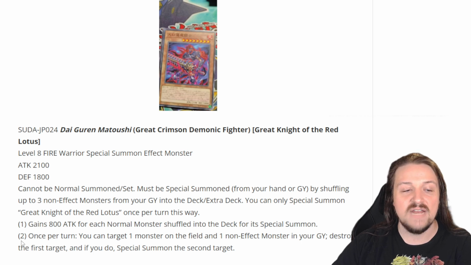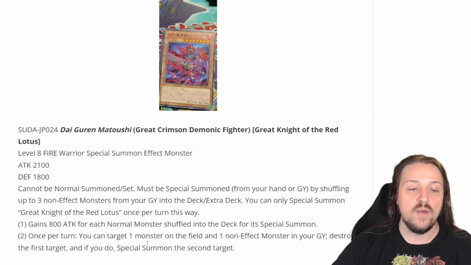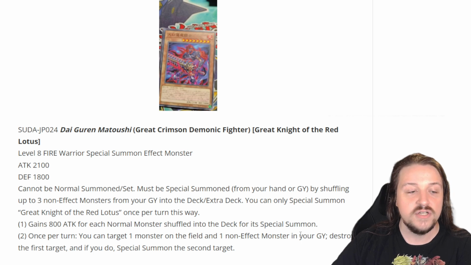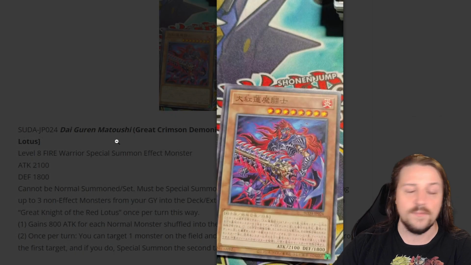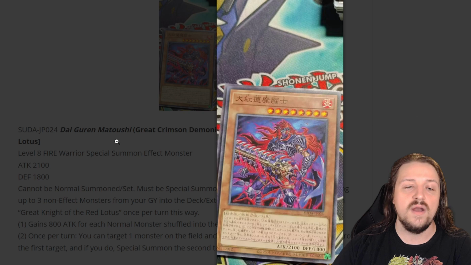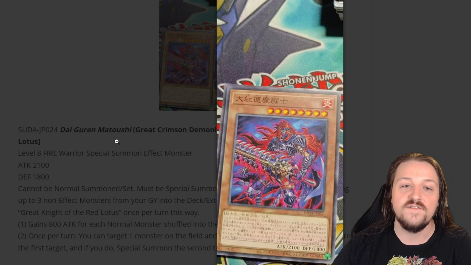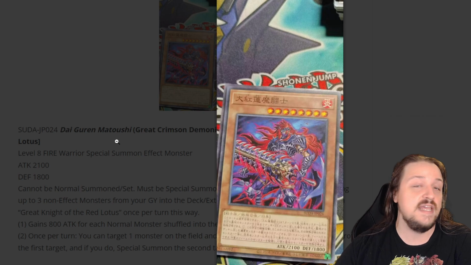For its second effect, once per turn, you can target 1 monster on the field and a non-effect monster in your graveyard, destroy the first target, and if you do, special summon the second target. That's actually a really powerful ability to be able to use this card as well, and I actually see this card being able to work with the Primite cards really well, but also, since this card is a Fire Warrior monster, you might even be able to use this in the Flame Swordsman deck, which is pretty interesting about this